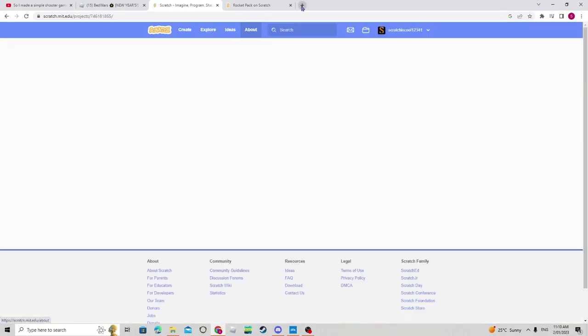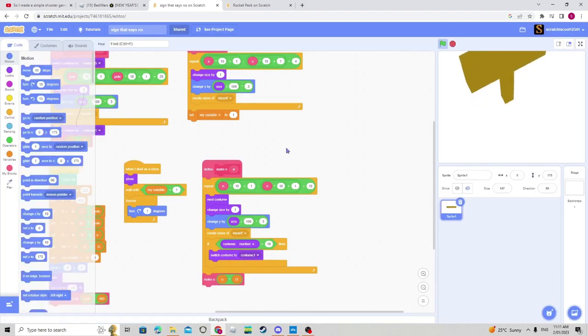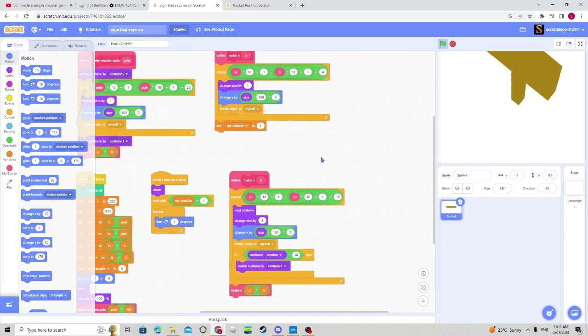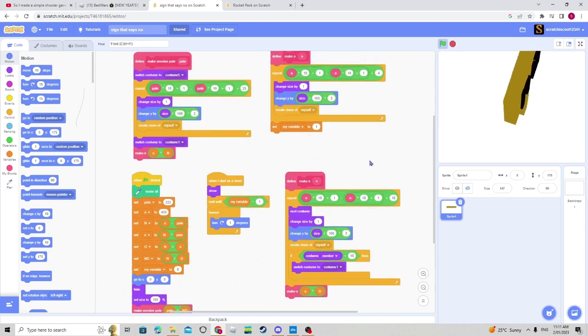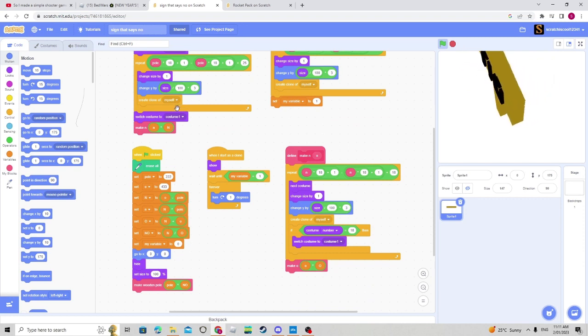Here. See, I made this no sign. Yeah, I tried to make it look OP, but really, all these things are useless. This is all useless. Whatever, this is useless. That's useless. That's useless. That's my little secret. Tried to make it look extreme, but all this is just the